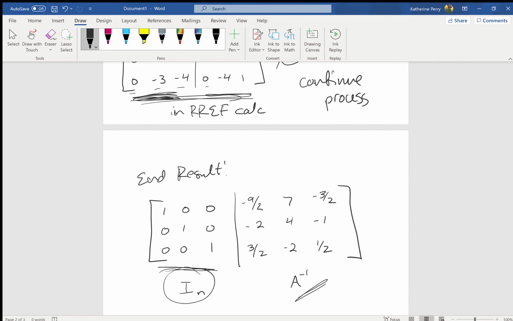So if you can't do that, and we know from last class the second example was not invertible, so I encourage you, if you put that one in the reduced row echelon form calculator with the identity on the right, you'll see that when you row reduce it, you do not get the identity over here, and so that tells you that A inverse does not exist. And so in practice, is that enough? You would need to say specifically, is that enough to argue that the matrix is not invertible? And when doing that argument, you would need to focus here and say, no, A does not row reduce to the identity matrix, so therefore it's not invertible. Okay,